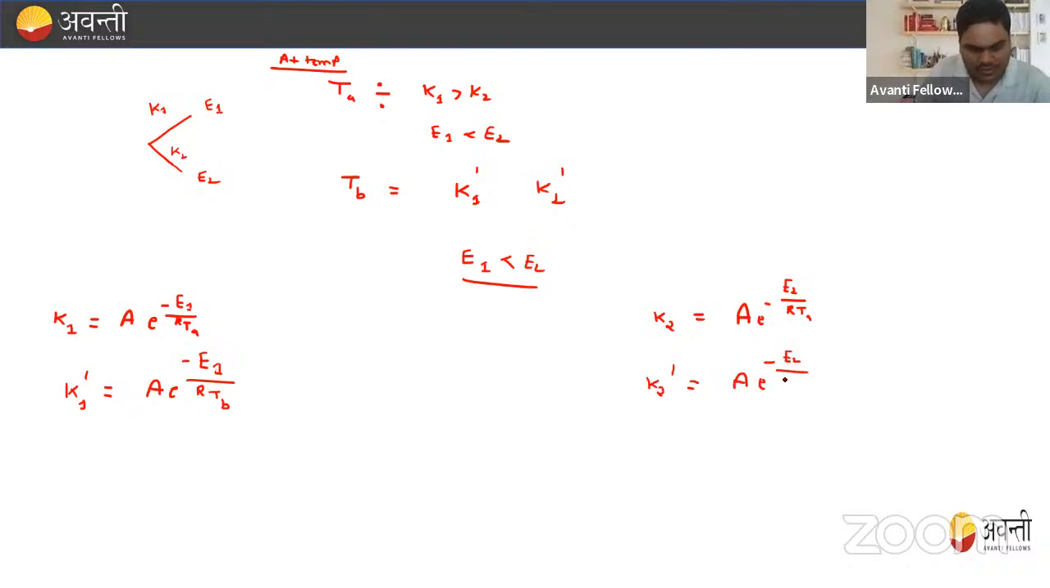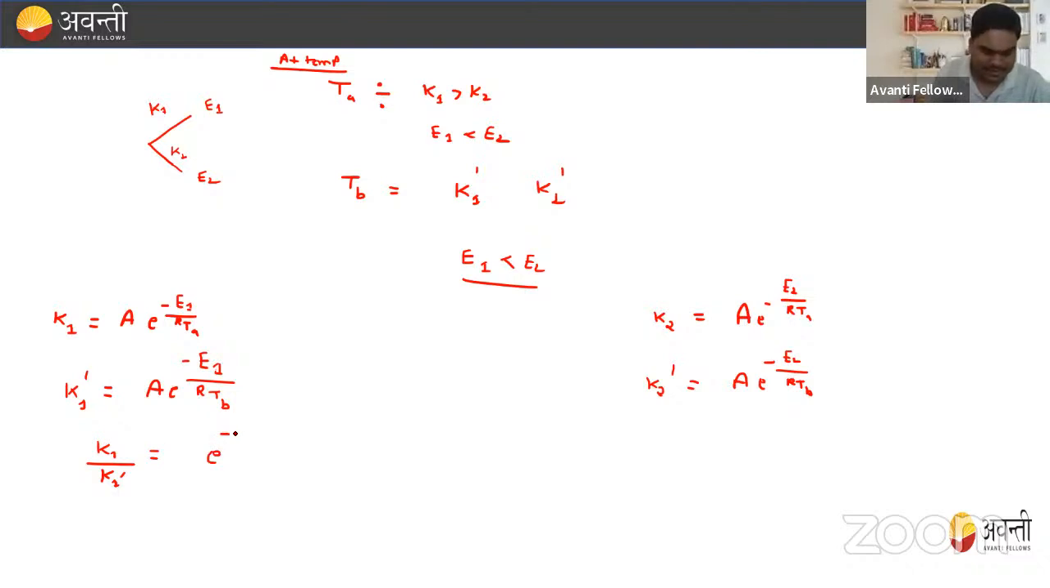E minus E2 RTB. Okay. So just divide this K1 by K1 dash, right? But you'll get this K1 by similar one, K1 divided by K1 dash. So what you will get, just cancel the same values. So you will get nothing but E